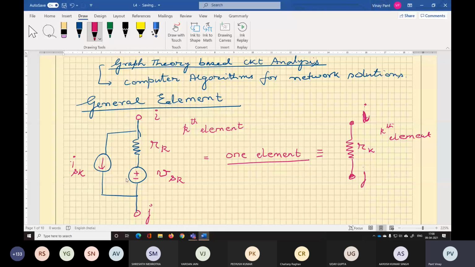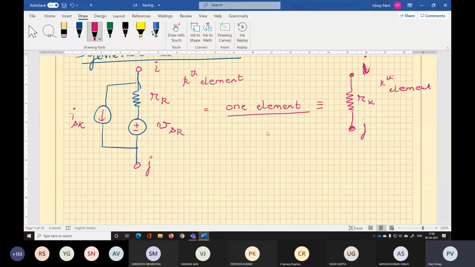Various possible forms of this general element can occur in a circuit. One is this. Second one is a voltage source plus minus Vsk in series with Rk between nodes I and J. This is the kth element, in which Isk is 0.